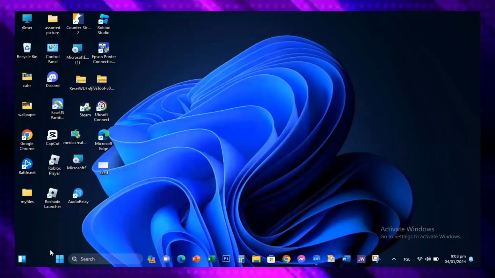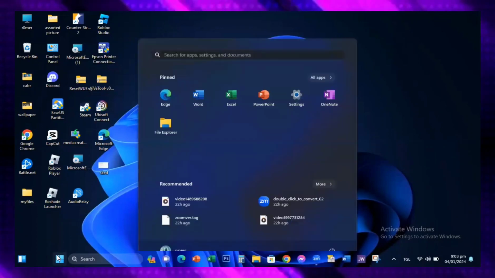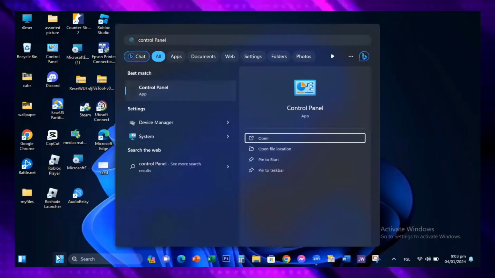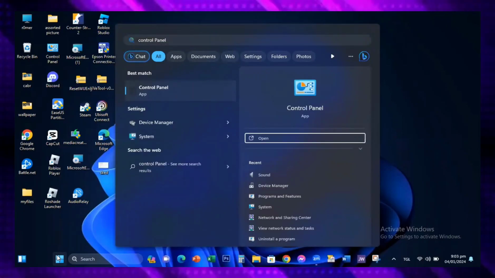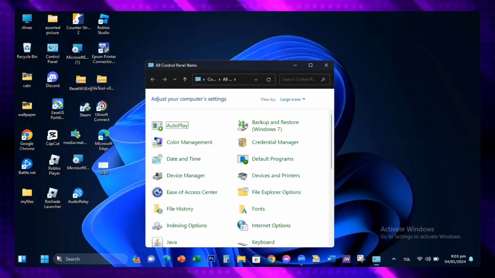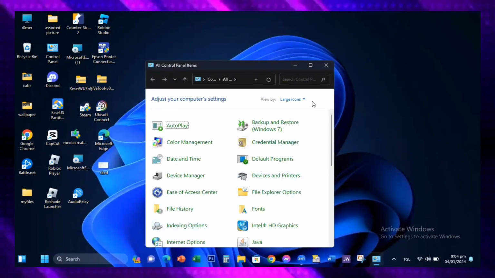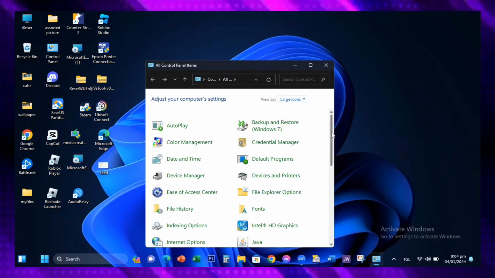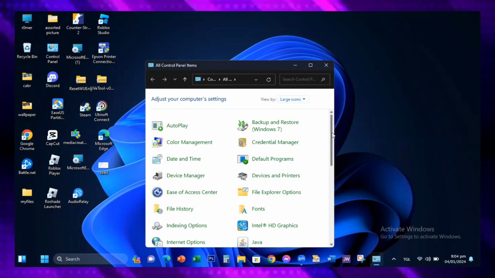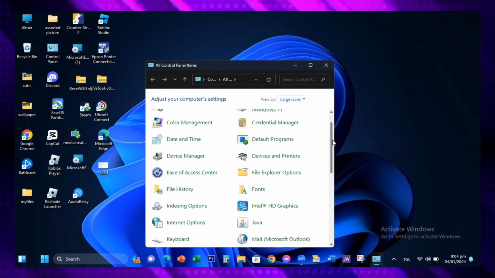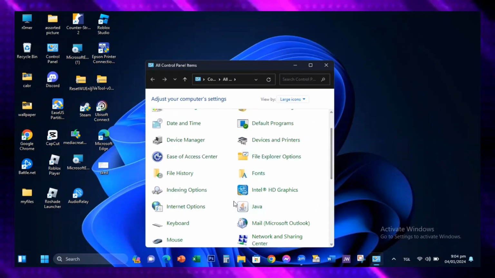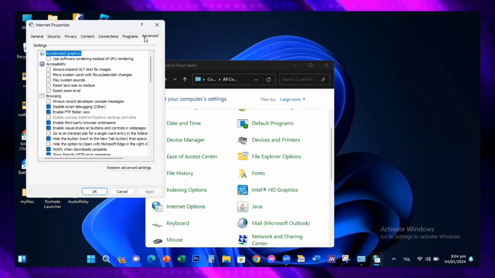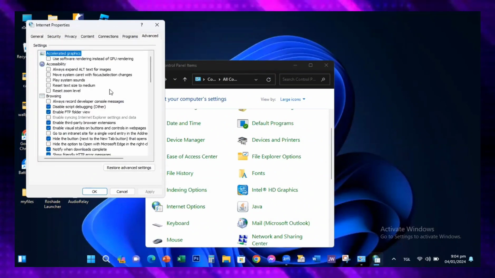Okay, and moving on to the last steps, you can right click on the start button and then type in control panel. In here, make sure that your icons are on large icons so that you can see a lot more options. Then select internet options and a new window will open up. In here just go to the advanced tab, and then right below here you will see the reset button,